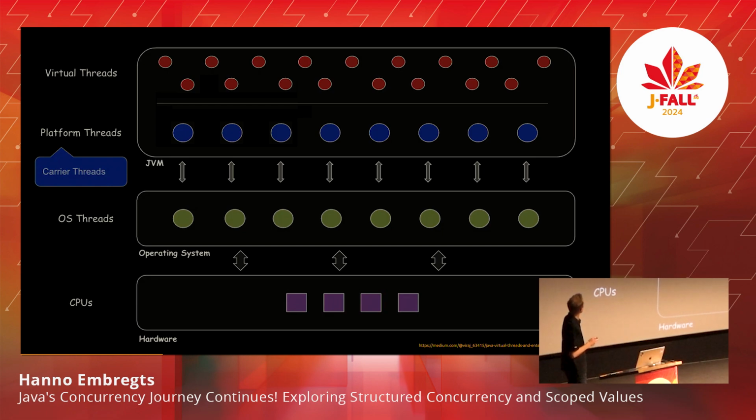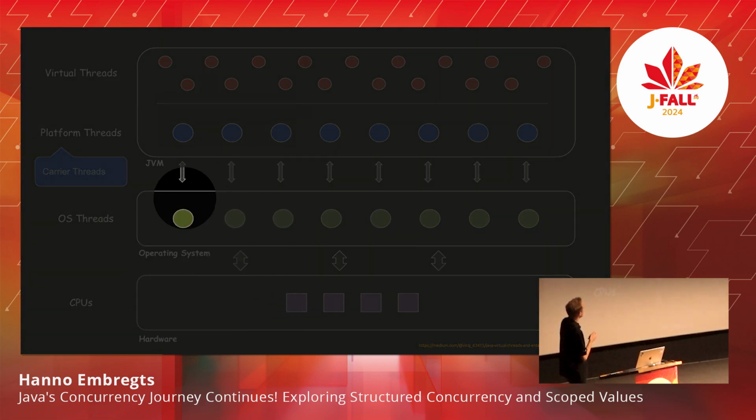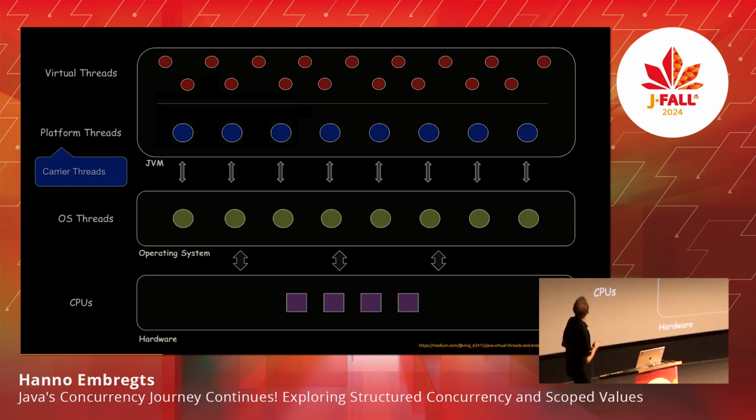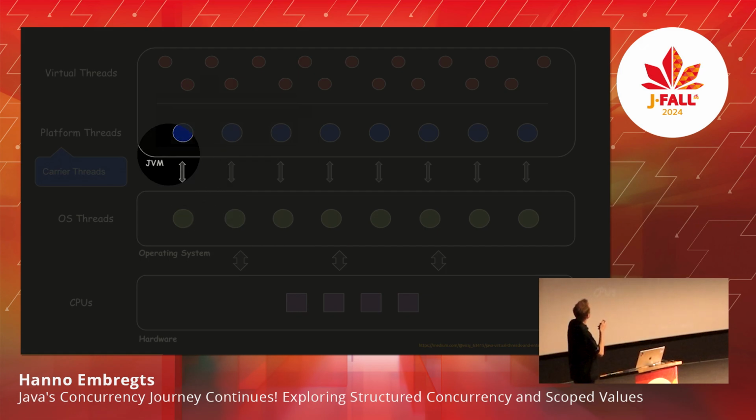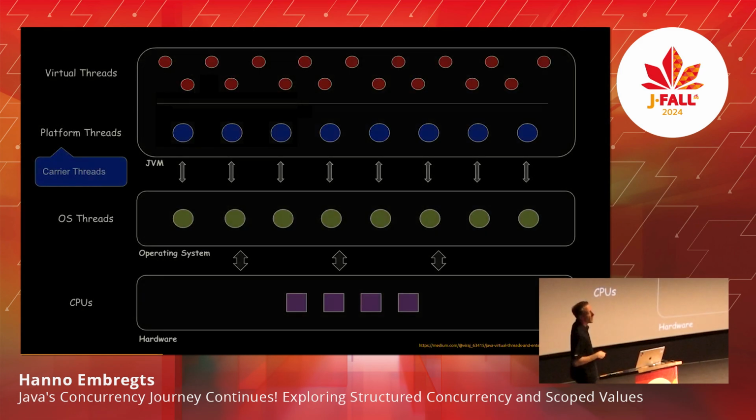Right, so these are the threads that run in your operating system, the green circles. And the blue circles are the threads that you can still create with Java if you do a new thread. We now call them platform threads, which means those threads can be created by Java and they will have this one-on-one mapping with operating system threads. But if you create a virtual thread, this mapping is gone. You can create multiple virtual threads and you don't have to specify on what platform thread or OS thread these are going to run. So the JVM scheduler will figure this out for you.